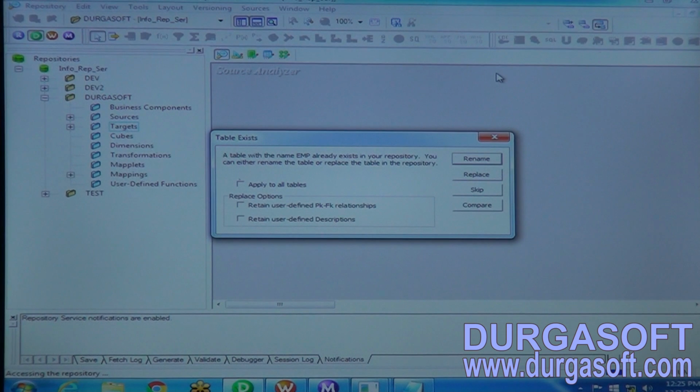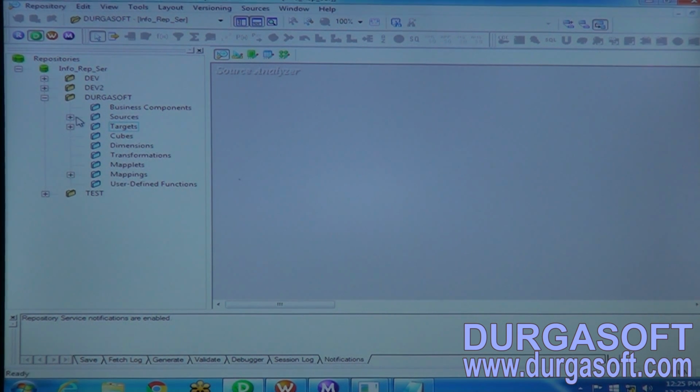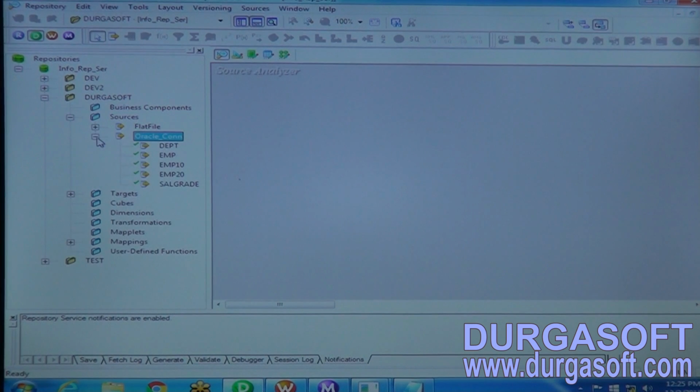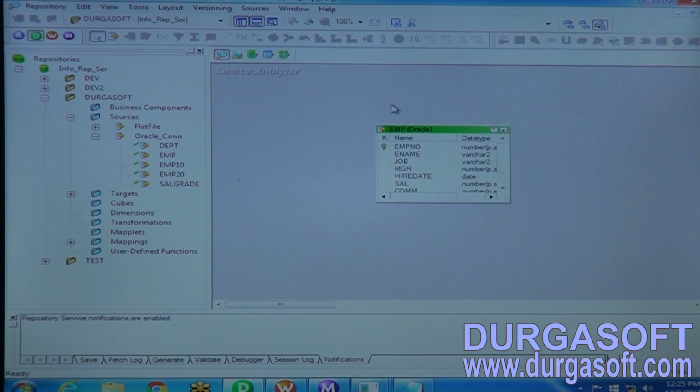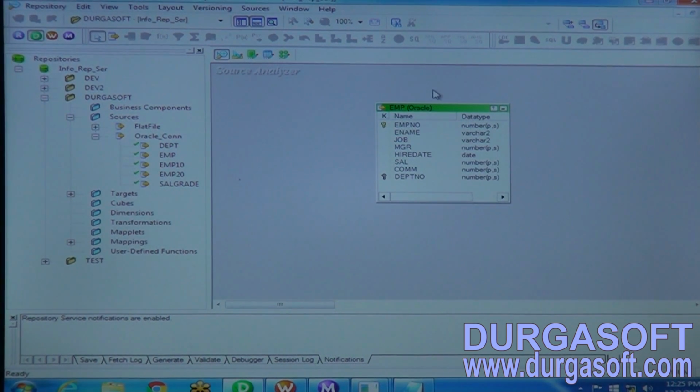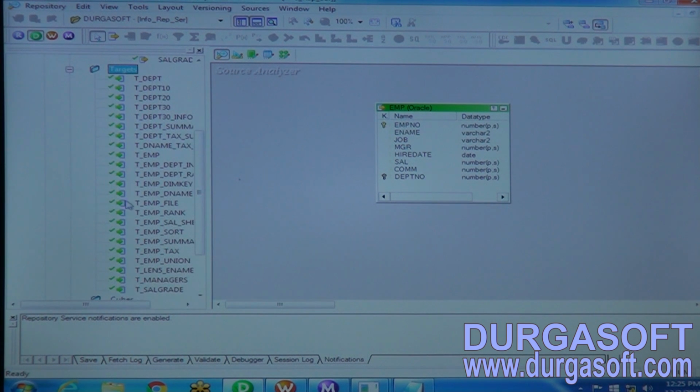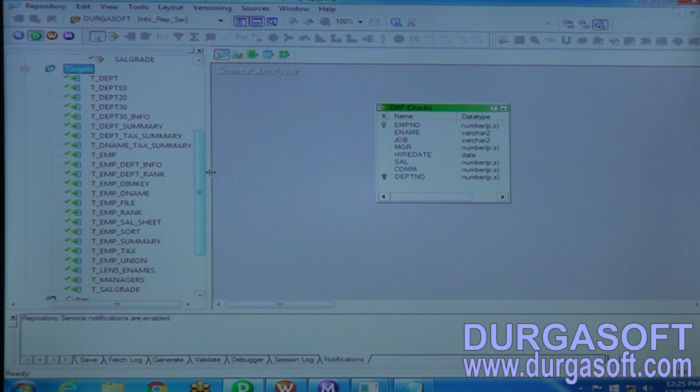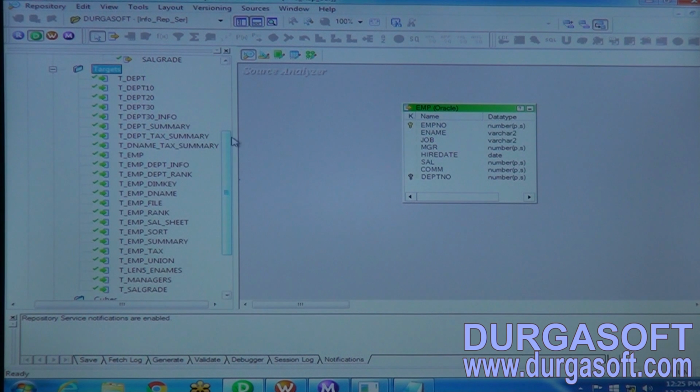Yeah, so here the source definition already exists. That is the reason it is asking rename, replace, skip. Click on skip. So this is the EMP which exists here, right? And in the target database, how to create a target definition.